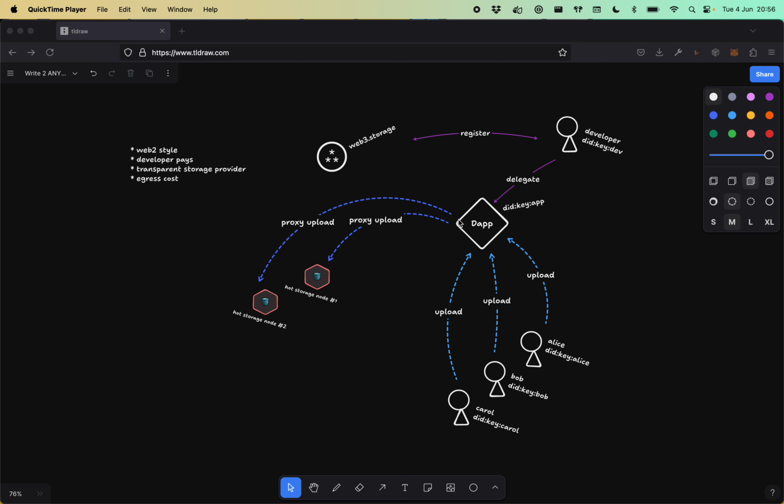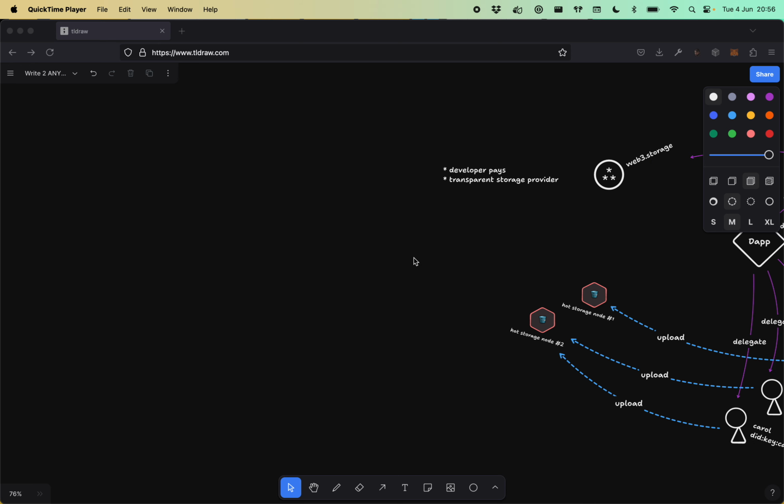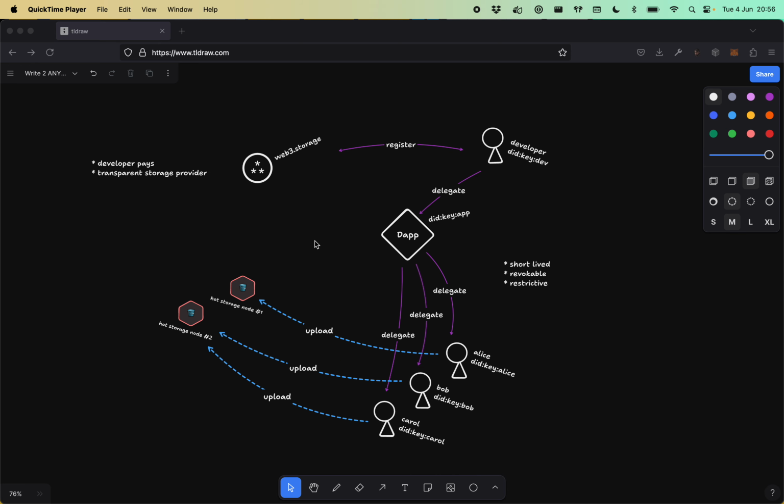The service will reply to say, yes, you can store it here, and that's sort of how it happens. So this is a very Web2-style way of architecting it. If you take this a bit further, this is the more interesting thing, where the developer still pays. It's still a transparent storage provider, but instead of the app